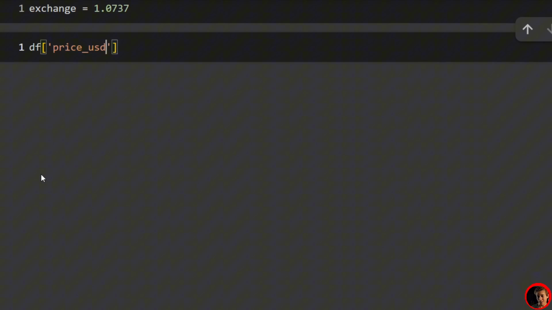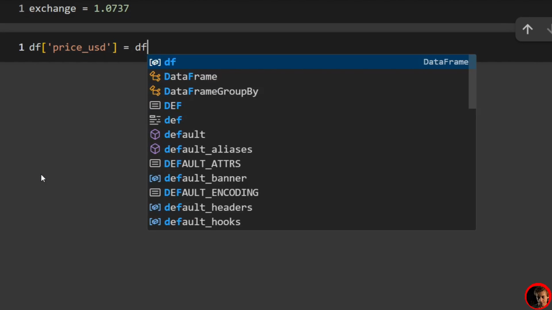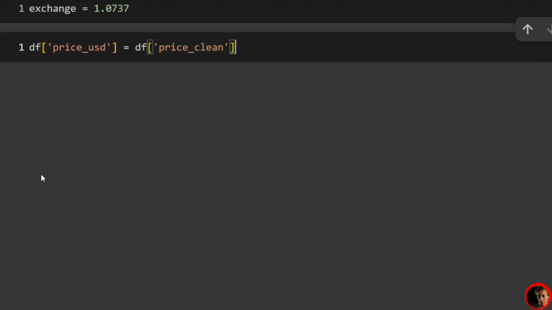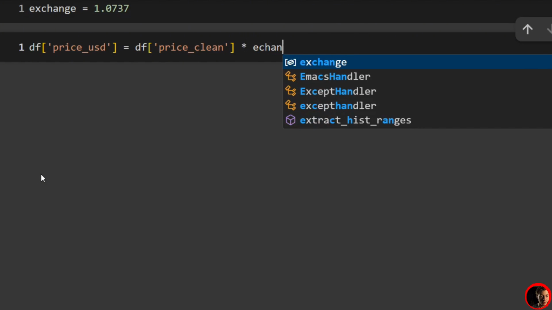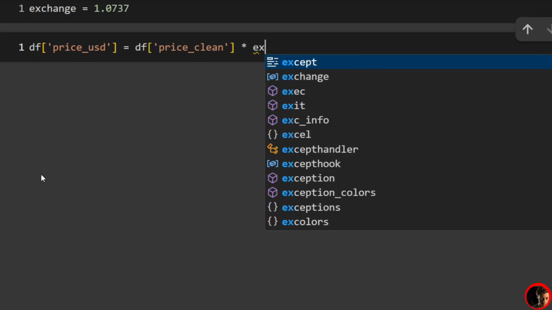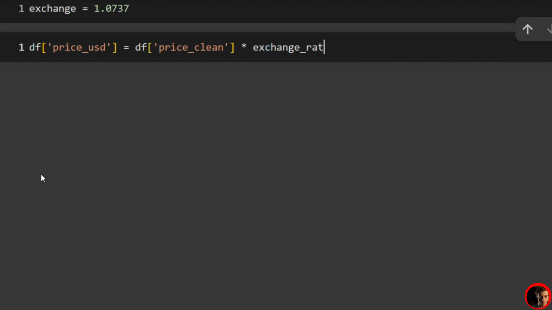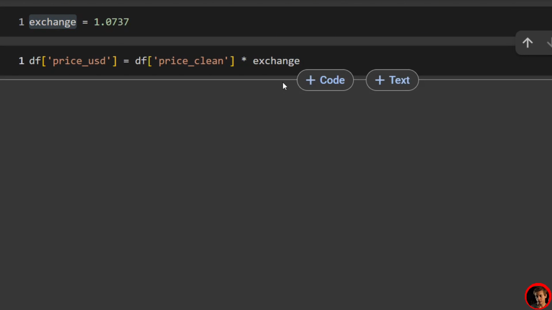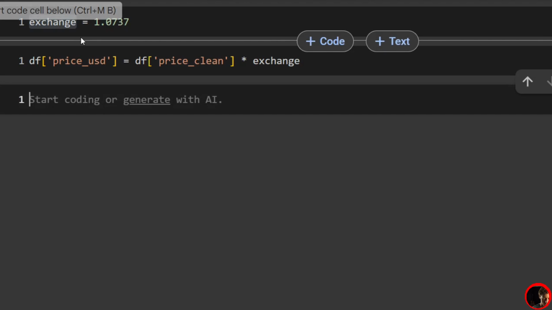We'll say price USD equals df price clean, and we're just going to say times the exchange rate. Well, I just had it as exchange here. In my example code, I have it as exchange rate. That's all right. All right, next what we're going to do is say df